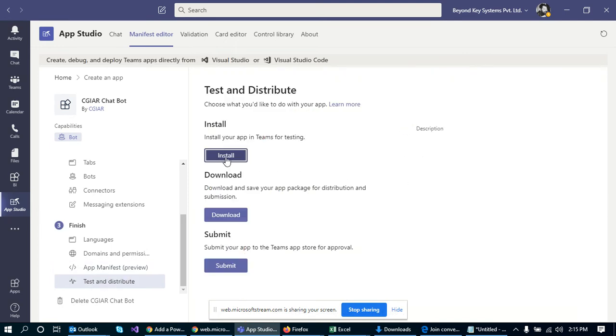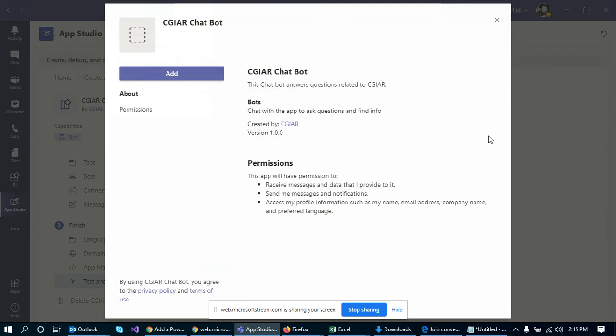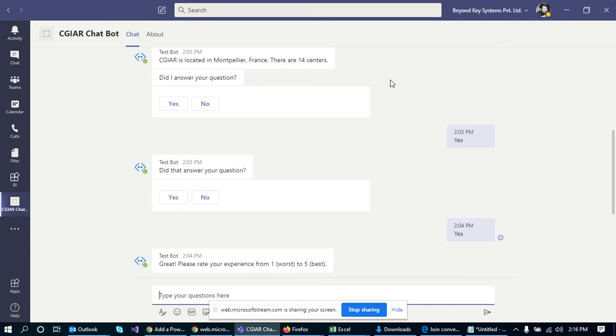So let's click on install. It will redirect us to a pop-up which says to install the chatbot and add it to Teams. We'll simply click on add, and that's done. The chatbot is added in our Teams.